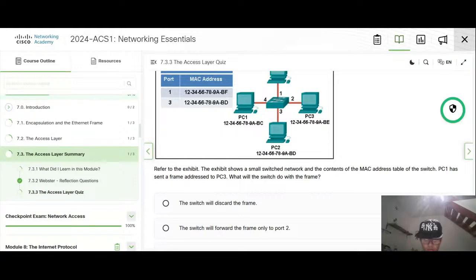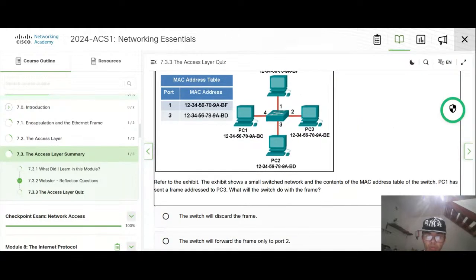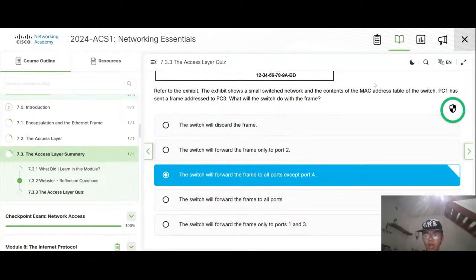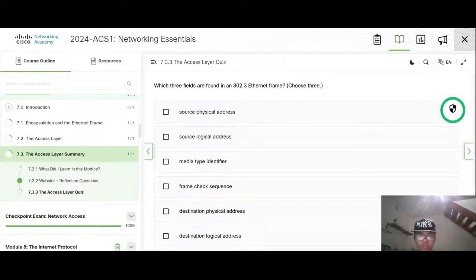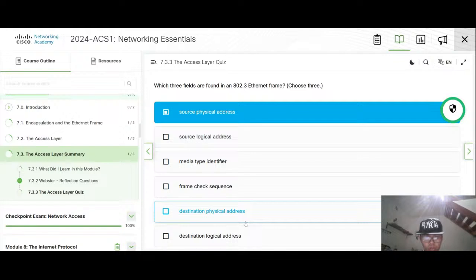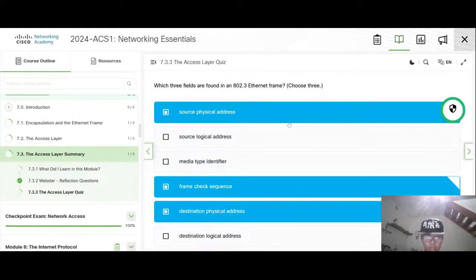PC1 also is not here. So the switch will forward a frame out on all ports except port 4. Okay, which features are found in Ethernet? It is physical address source, physical destination, and the media type of frame check sequence.